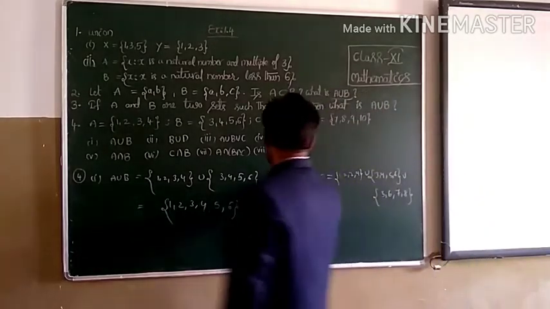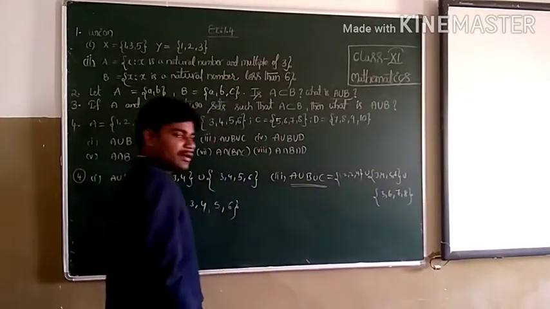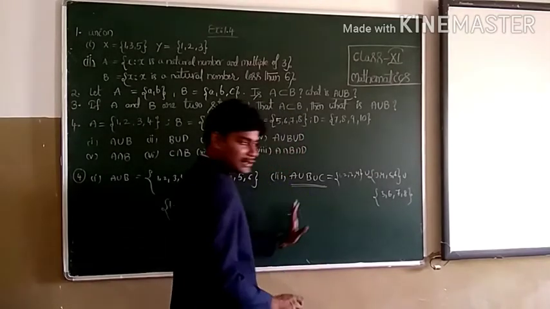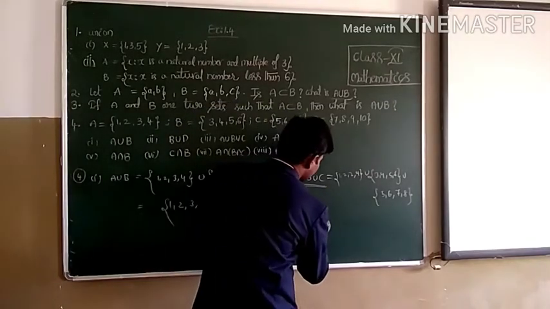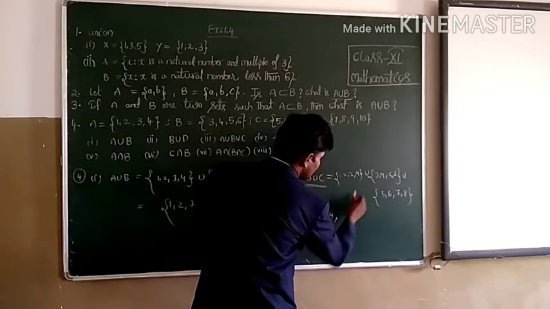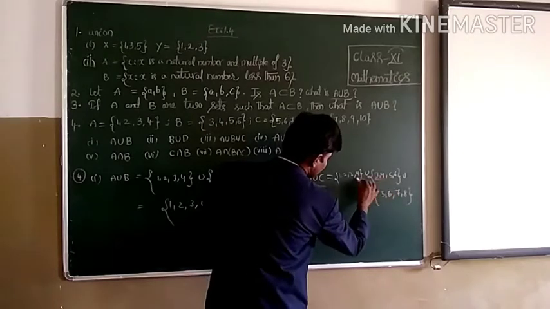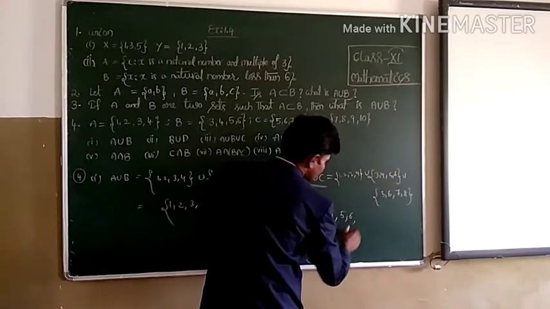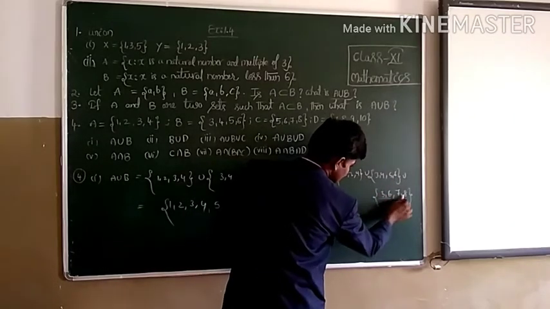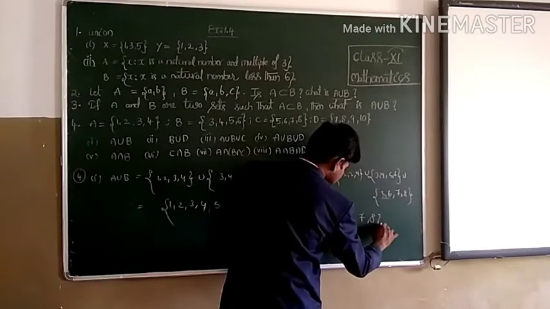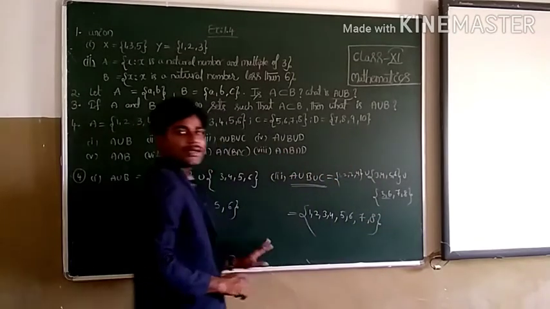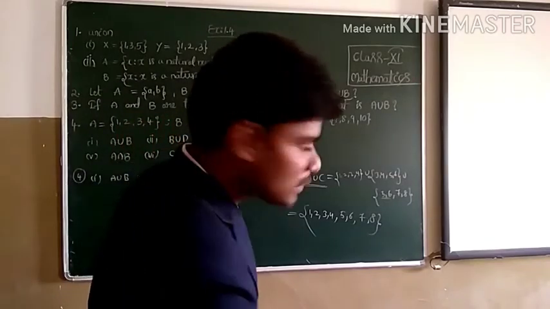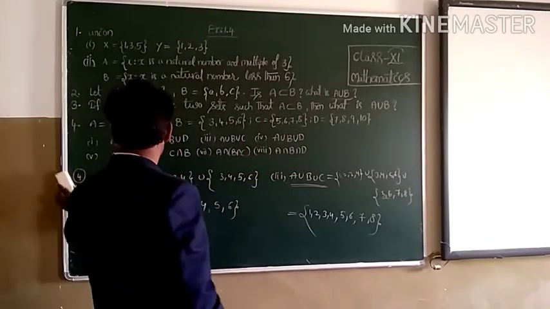So this time it is the union of 3 sets. Count all the elements in all the 3 sets. First 1, 2, 3, 4. Again 3, 4 is there, so write it only once, and 5, 6, and again 5 and 6 are there, then 7 and 8. In this way we have to calculate the union of 3 sets. Okay, now let's see one or two examples relating to intersection of sets.